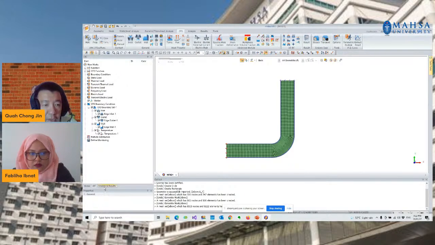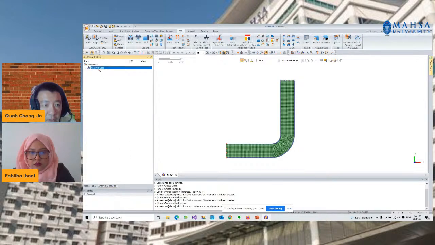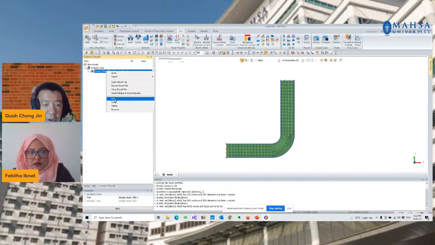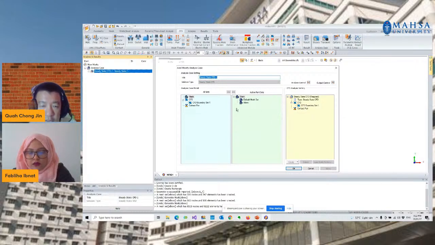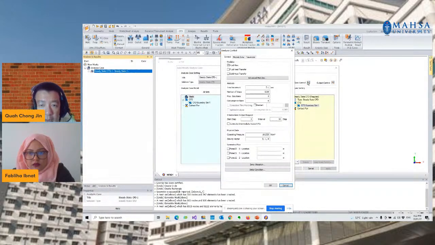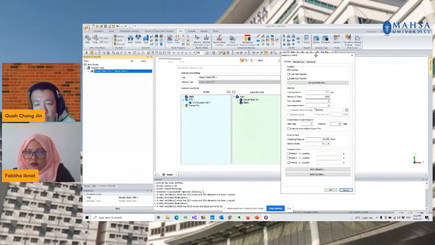So first of all, I would like to do a steady state analysis, and I'm going to the analysis and result, and just click here. I'll create a steady state CFD. And of course, I have to do something before I run the simulation. I just need to make sure that all the setup is correct. For instance, I'm using the mesh that I created earlier. I'm using the boundary creation I created earlier as well. And I need to do some setup in this case because in the physics flow, we're going to have fluid flow, and we will also have the fluid heat transfer.